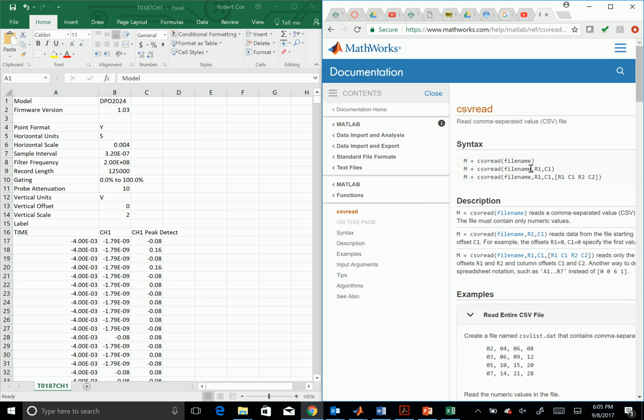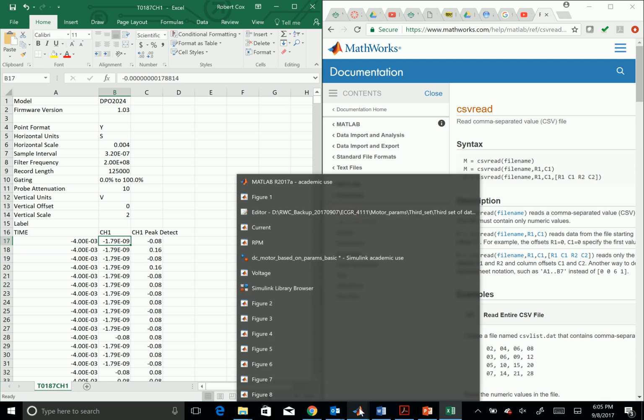In this particular instance, I want to take the time vector out of this column, and I want to take the data vector out of here. So let's look at how I did that